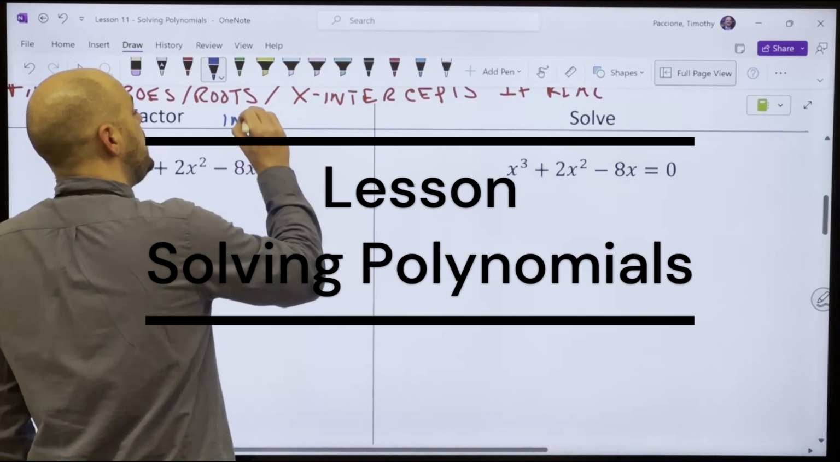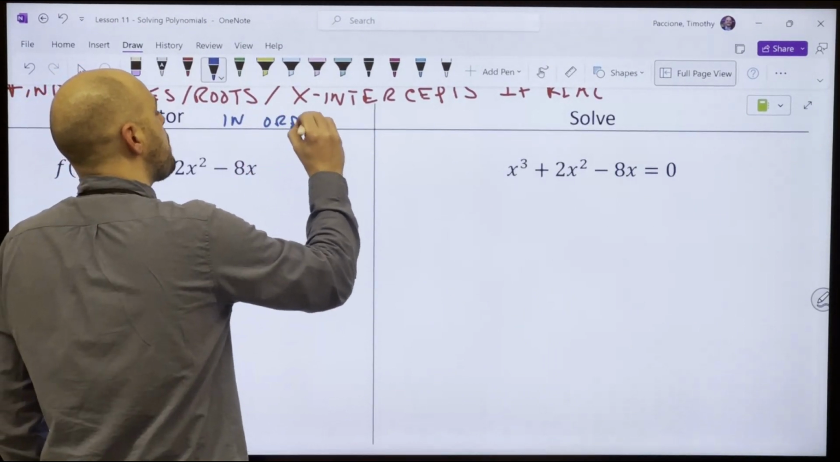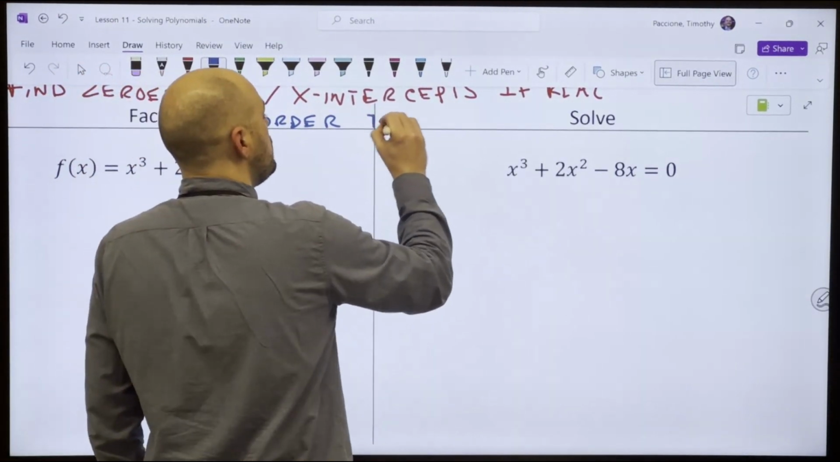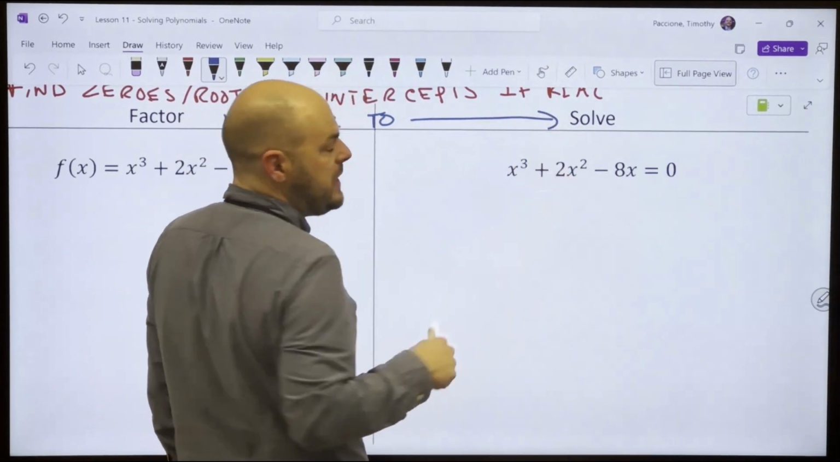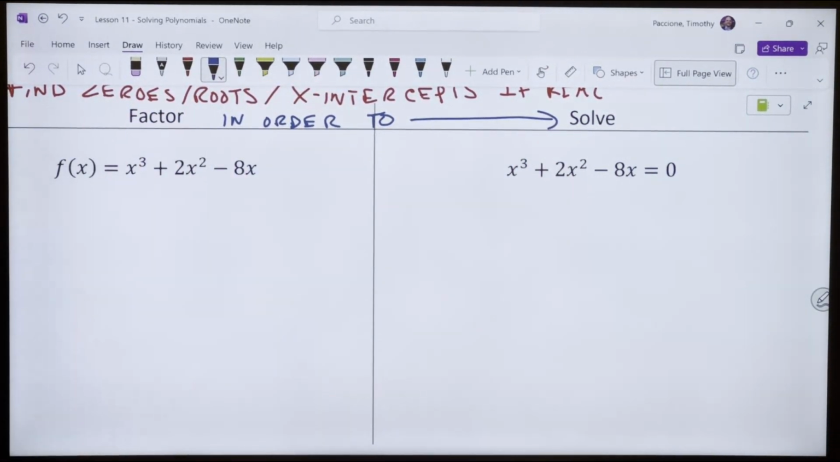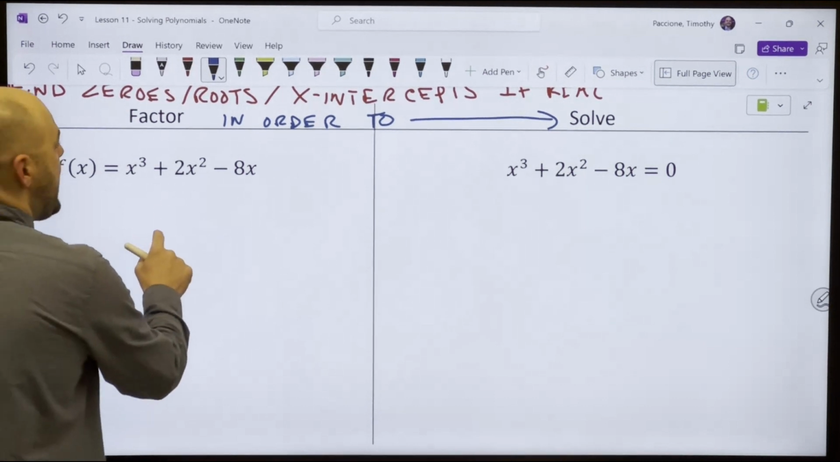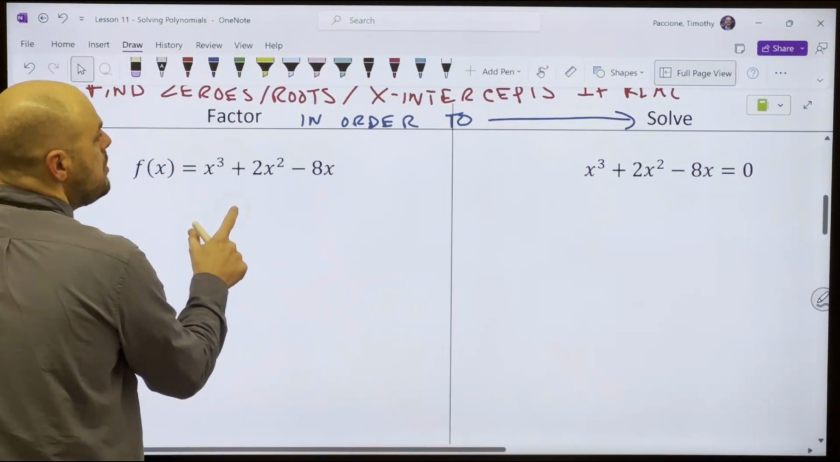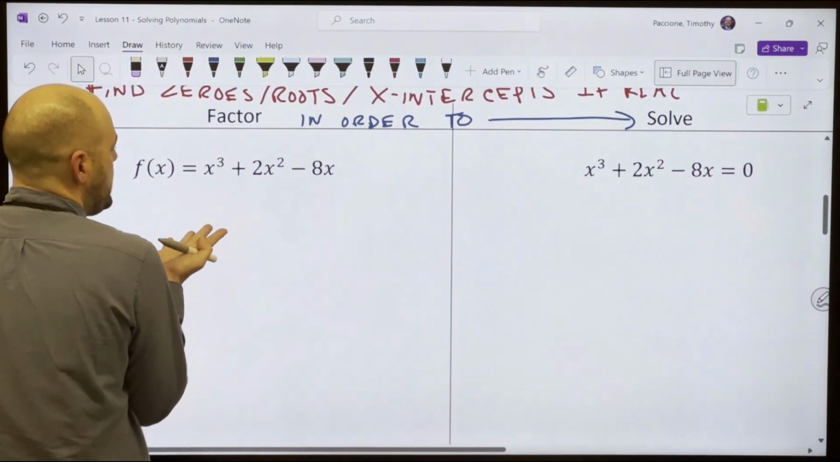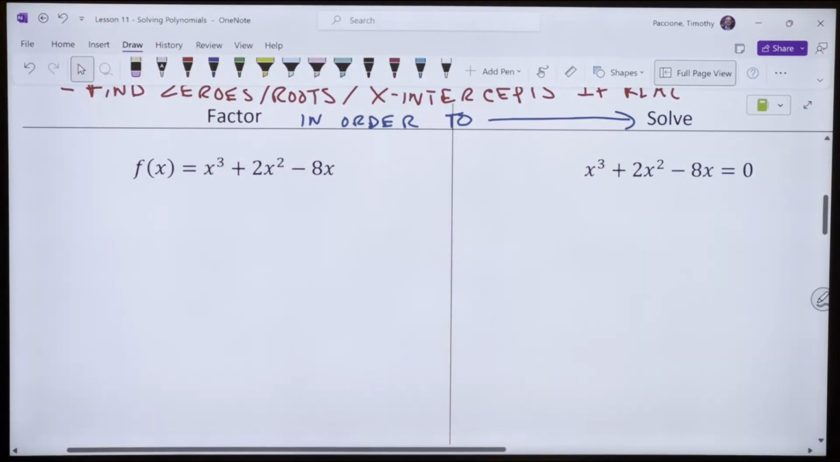We need to factor in order to solve, right? So let's talk about factoring first. We'll do another example. All right, so first thing I notice here, right here, x to the 3rd, 2x squared,